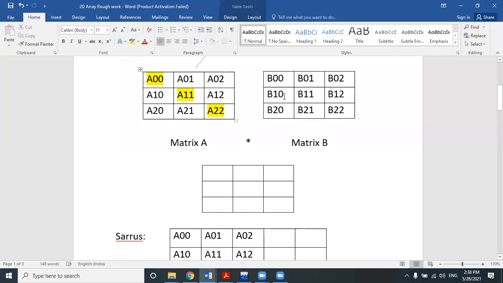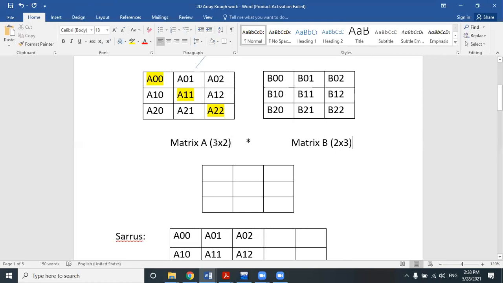So if we multiply two matrices in a rectangular form, that means not a square matrix. This is a square matrix. So if we multiply two rectangular matrices, and the matrix A dimension is suppose 3 cross 2, then the matrix B dimension must be 2 cross 3. So 3 cross 2, what is 3? In 3 cross 2, 3 is the number of rows of matrix A. And in case of matrix B, it should be 2 cross 3.